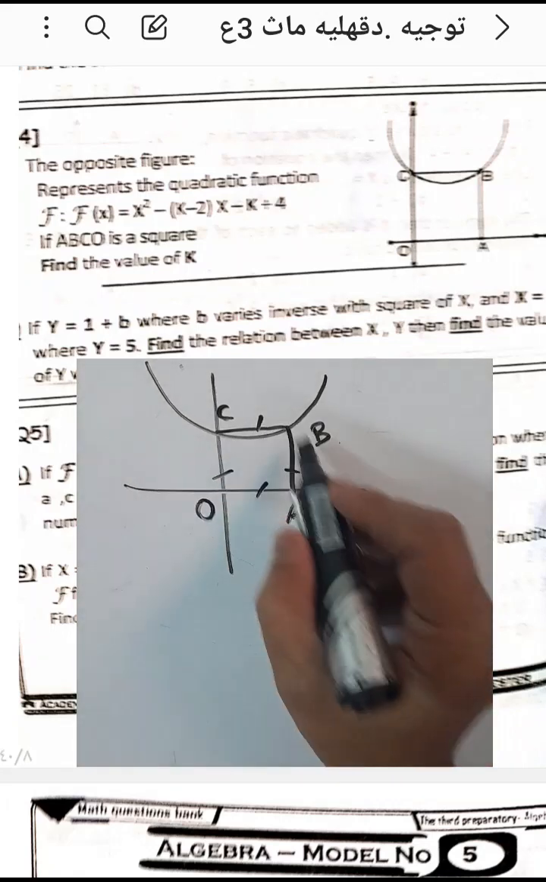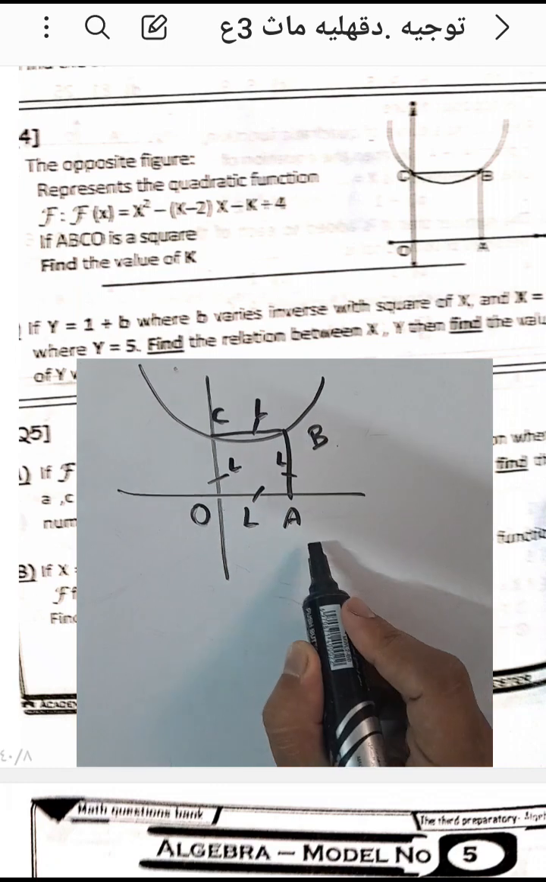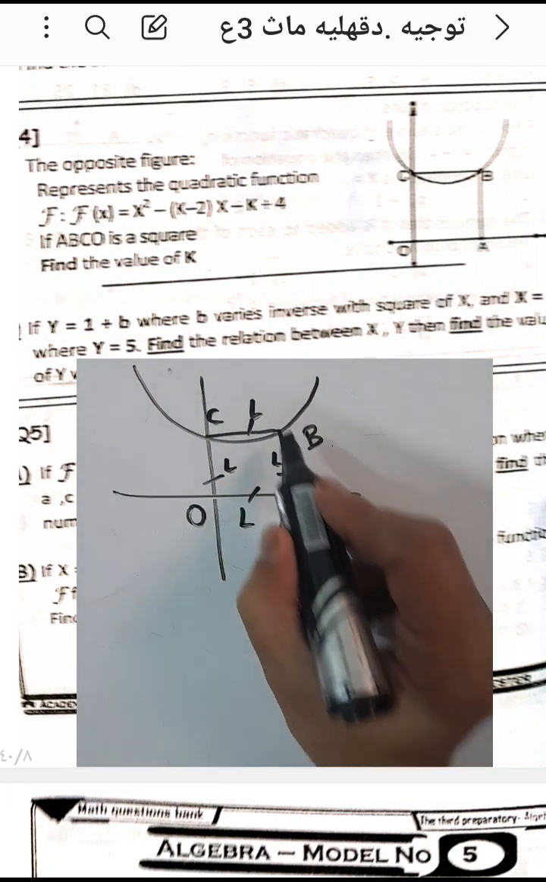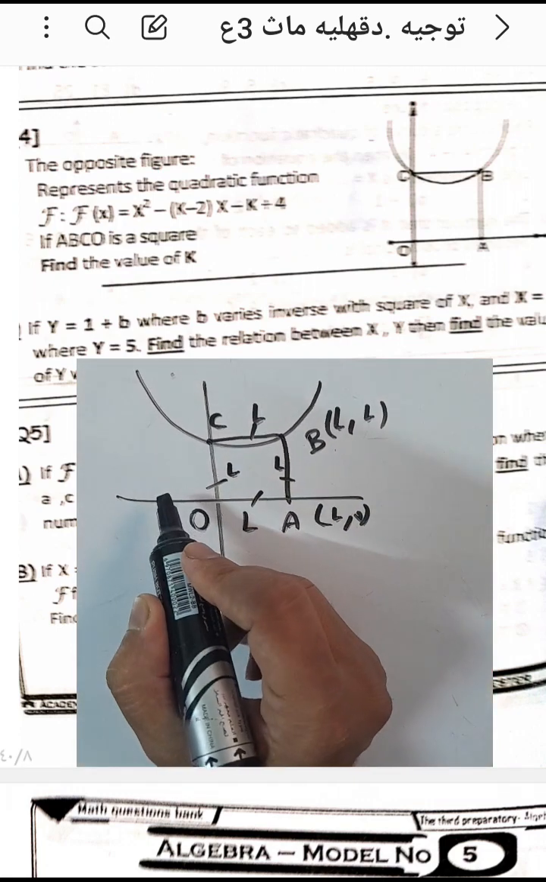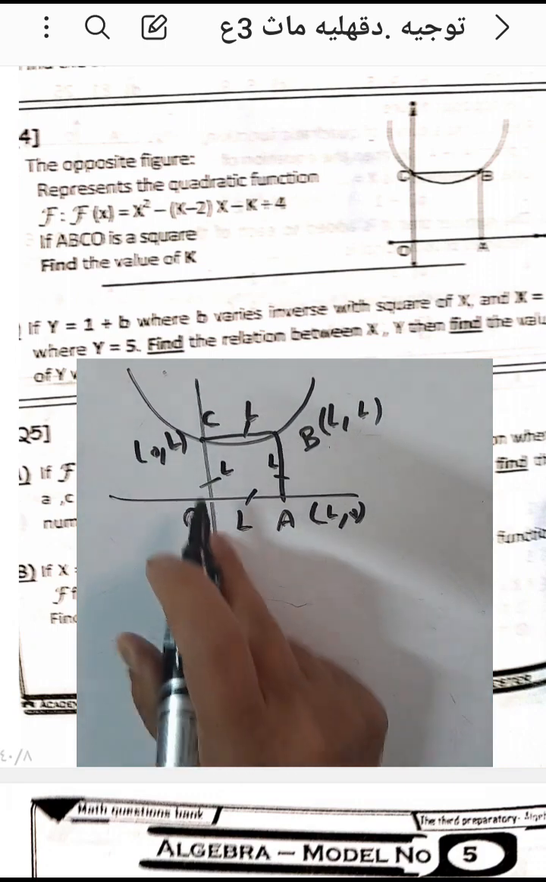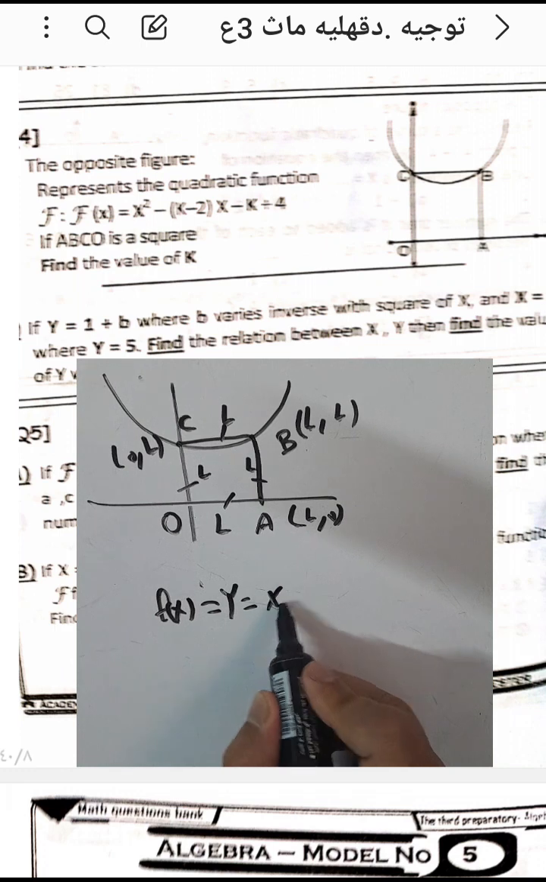We have a square with side lengths L and L. Then the coordinates: A is (L, 0), B is (L, L), and point C equals (0, L). We have the function f(x), meaning y equals x power 2 subtract